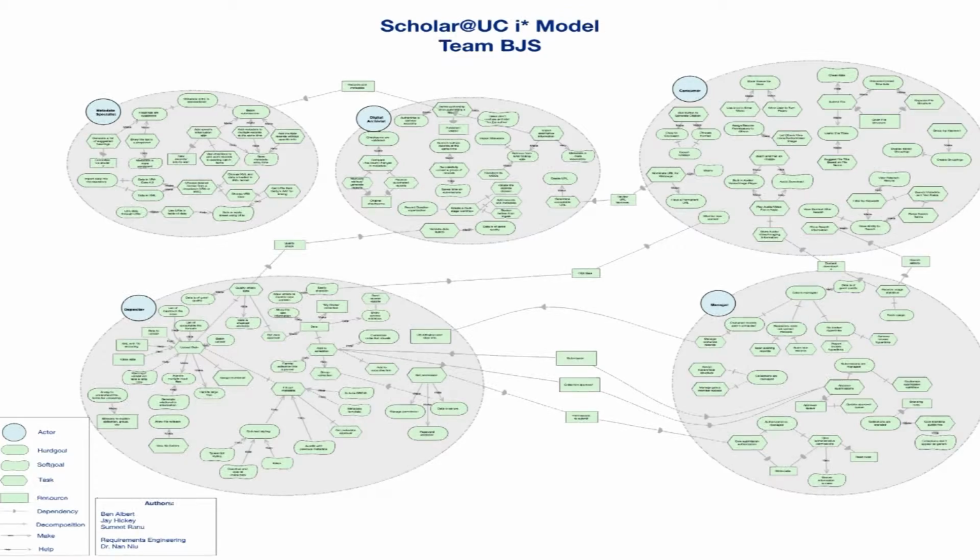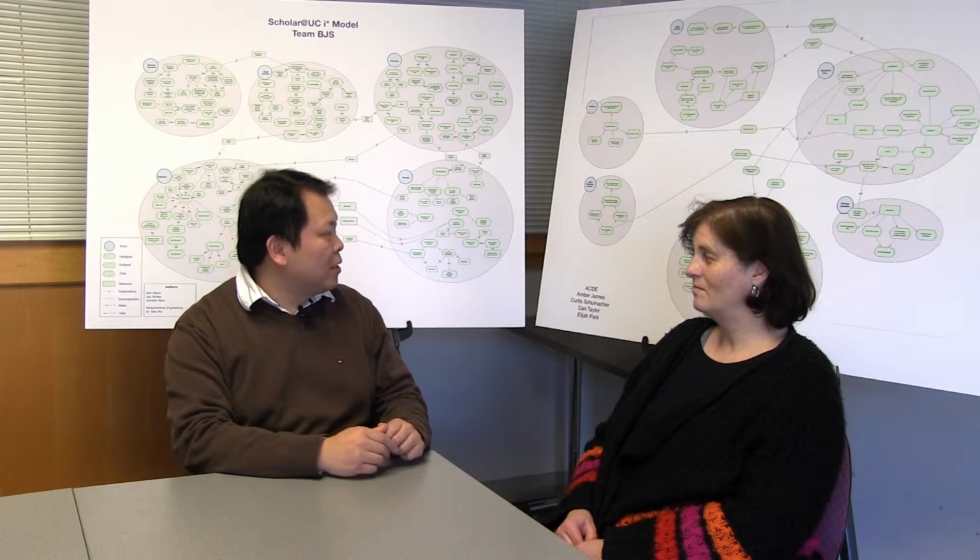That's right. So what you're seeing here are the sample models produced in the requirements engineering class, which is a split-level course offered in fall 2015. What we did throughout the course was to actually use the open source repository of the requirements artifact of Scholar, because Scholar had made its effort to make it very, very open to GitHub. So I was able to introduce my students to the user stories or use cases that were collected and described in GitHub. And this particular project was a team-based project.